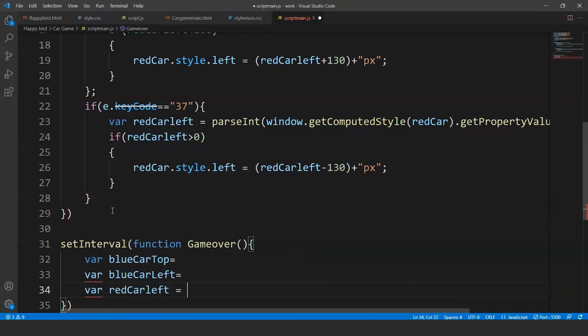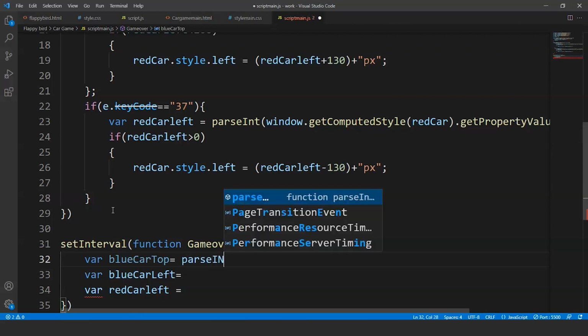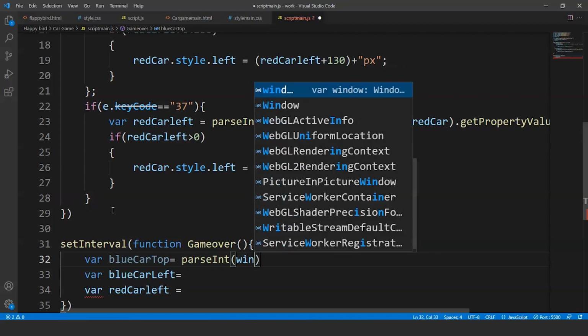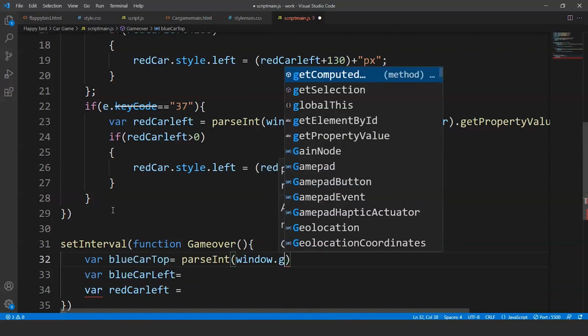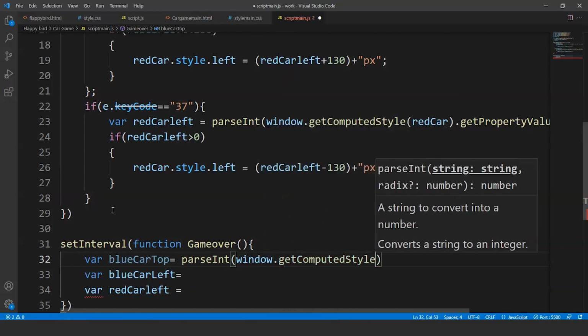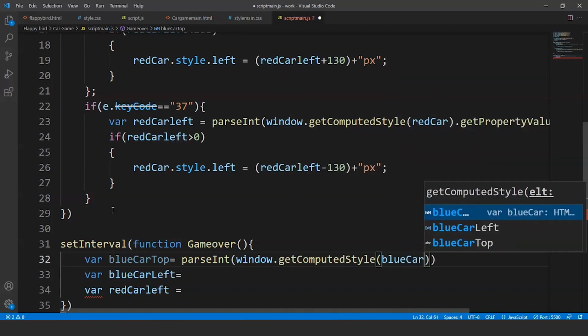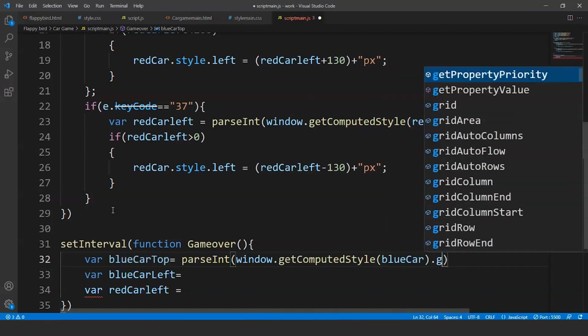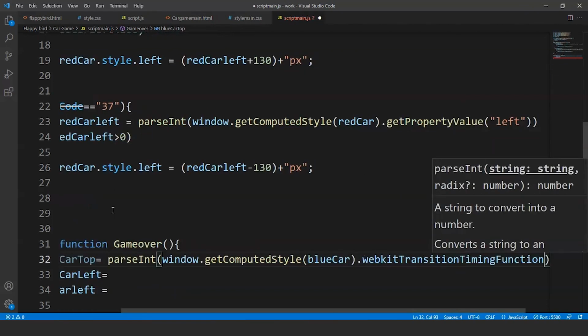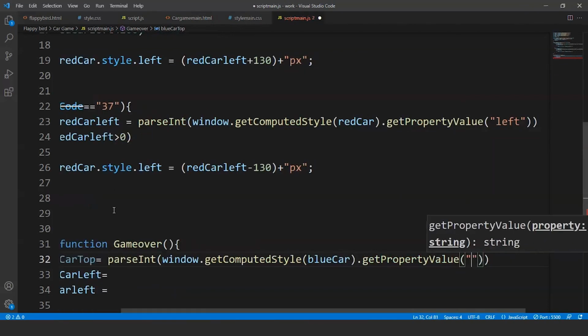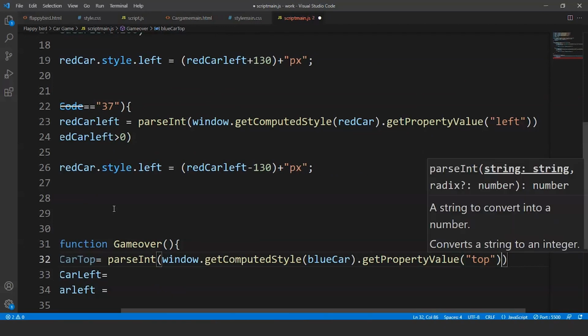Now what we'll do is we'll get these values first. So we'll again use the getComputedStyle method and the getPropertyValue method. We'll write here parseInt, and inside this we'll write window.getComputedStyle. The computed style is of the blue car. Then we'll write here getPropertyValue. We'll write here top because we need the top value.